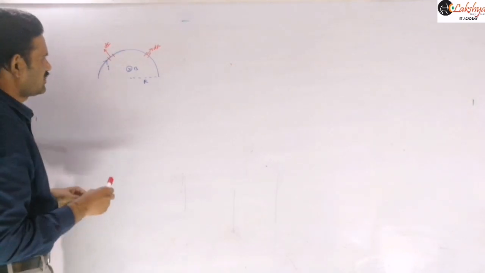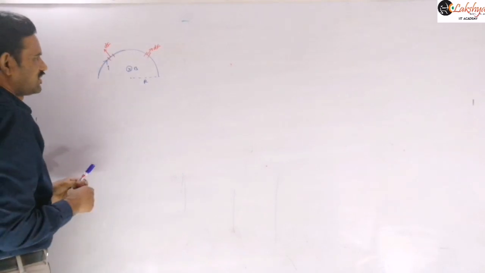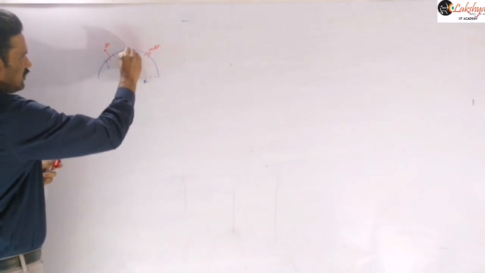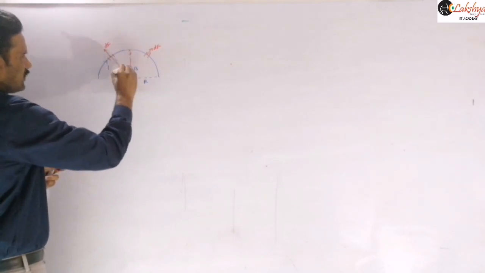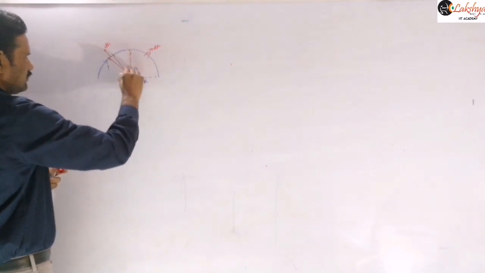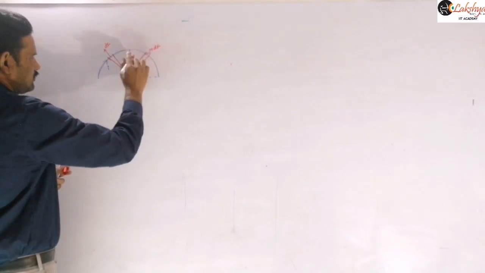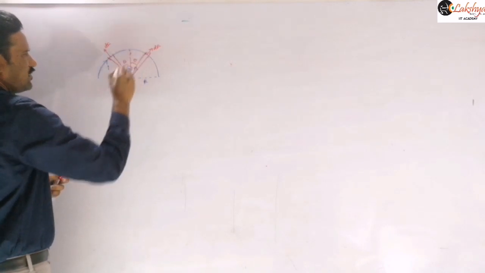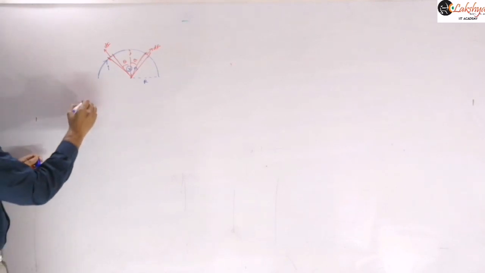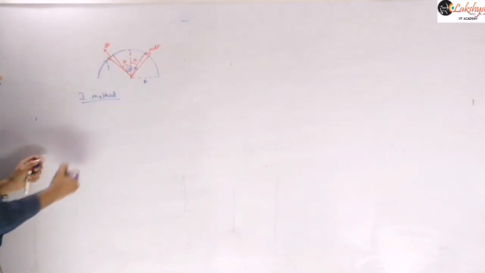That is one way. Actually that lengthy method is not required, I am just explaining the procedure. Suppose I take an element here, so this is one element, or this is another element, let us consider here. The force acting on that small element, this is the first method I am talking about. So let us consider this as the first method.